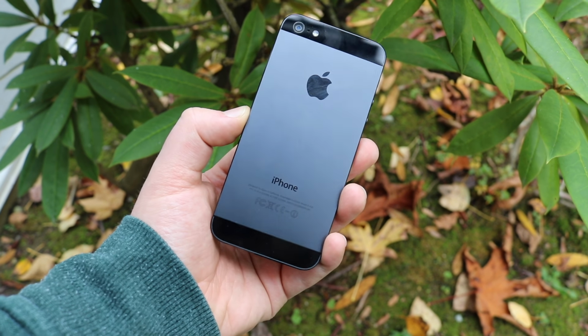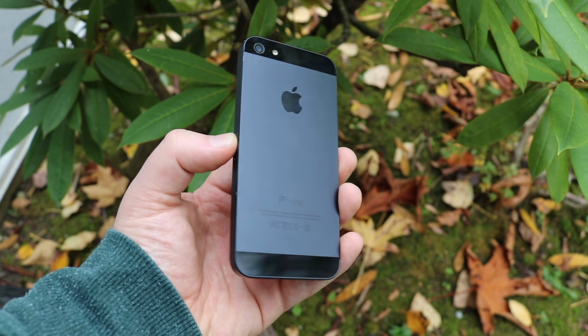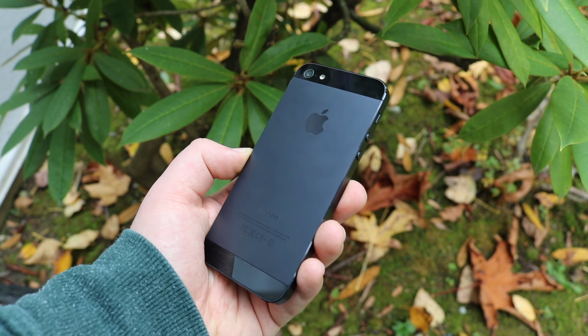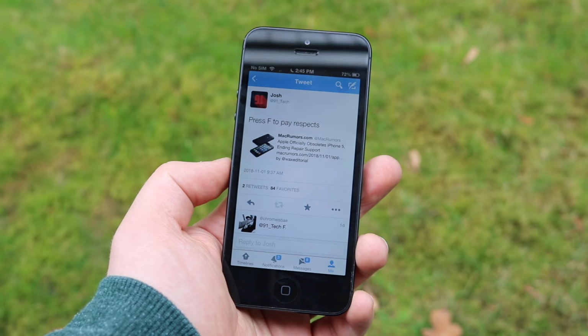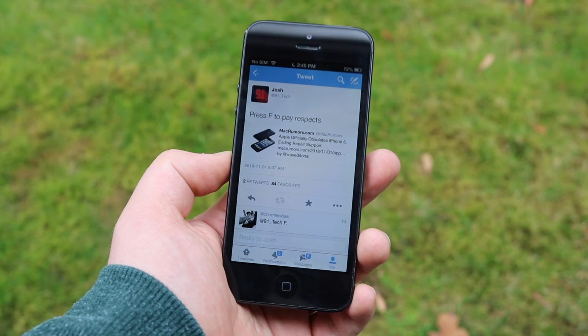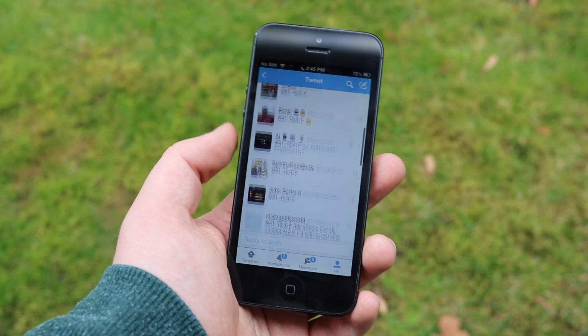Basic things like texting and whatnot aren't too bad as the phone is really fast. I can do email pretty well, I can do most things pretty well, but the biggest issue is that app support is severely lacking here. You can at the very least download old compatible versions of apps, so you can use old Twitter and Instagram and so on. It's surprisingly not awful, but sometimes there are some weird issues, like in Twitter you still only have 140 characters,